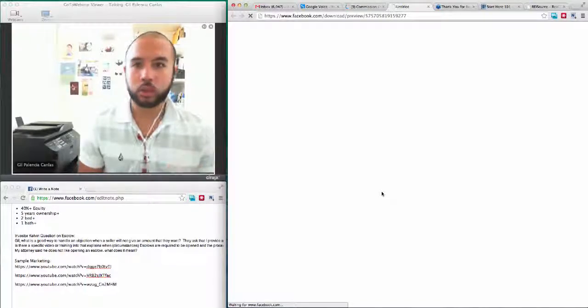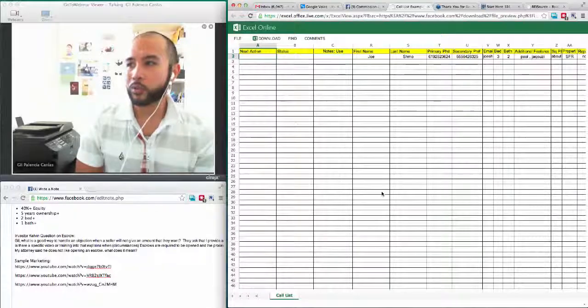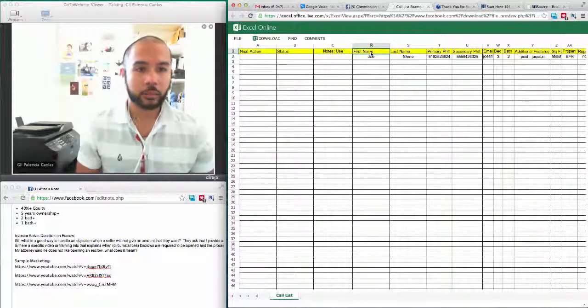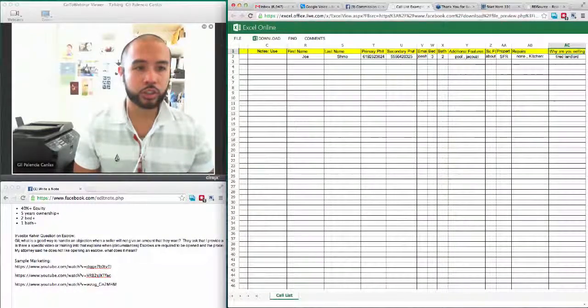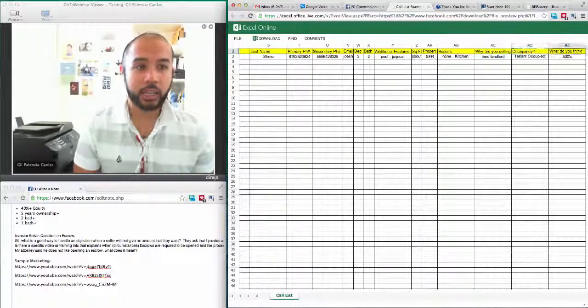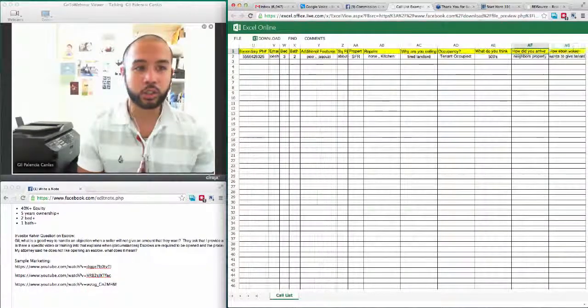There are some homeowners, no matter what you do, who know how to play the game. They will not give you a number. For example, like the lead that Tina's working on, they won't let us see the house until we were ready to make an offer. So these are the questions: additional features, square footage, property type, repairs, why are you selling, occupancy, tenant occupied, not occupied, what do you think the house is worth?